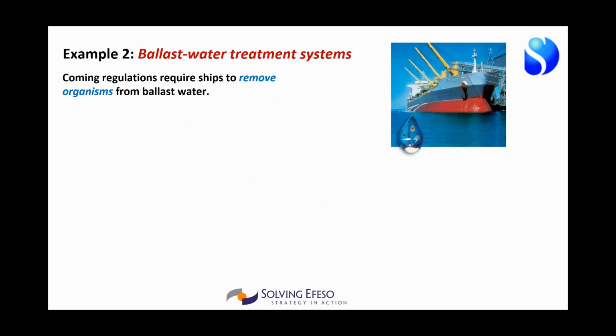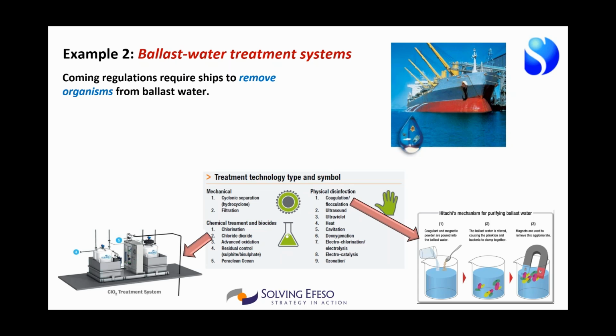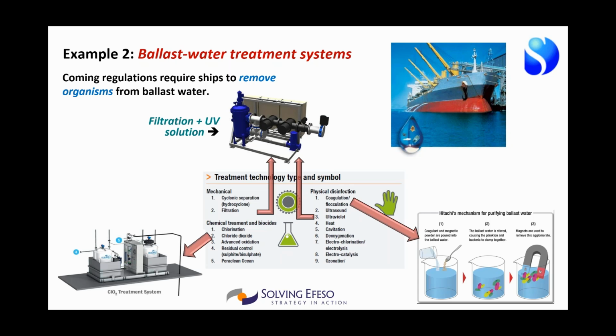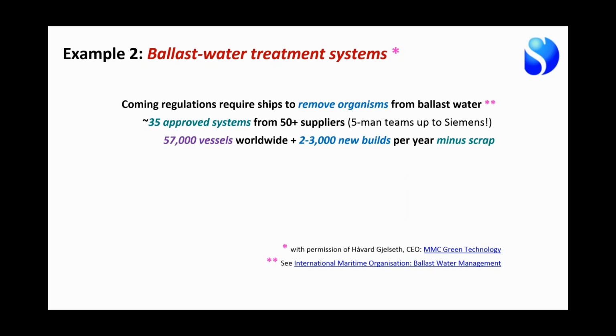The company is called NMC, and they make equipment to clean the ballast water of ships. There are various technologies involved. There's a kind of mechanical way of removing organisms from ballast water. There's chlorine treatment like you use in your swimming pool, or there is ultraviolet and filtration solution, which is what NMC offers. Now, the International Marine Organization is about to regulate, requiring all ships to have equipment to do this cleaning of their ballast water,